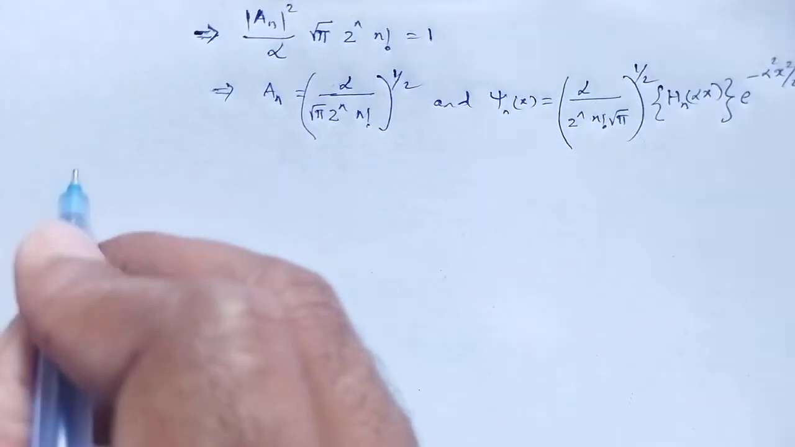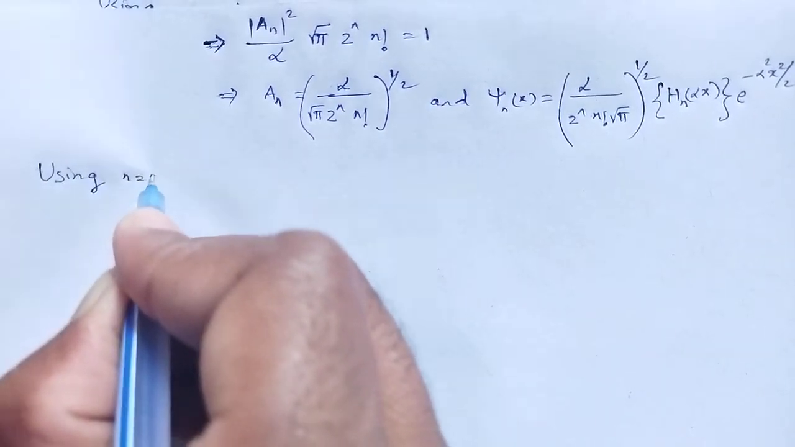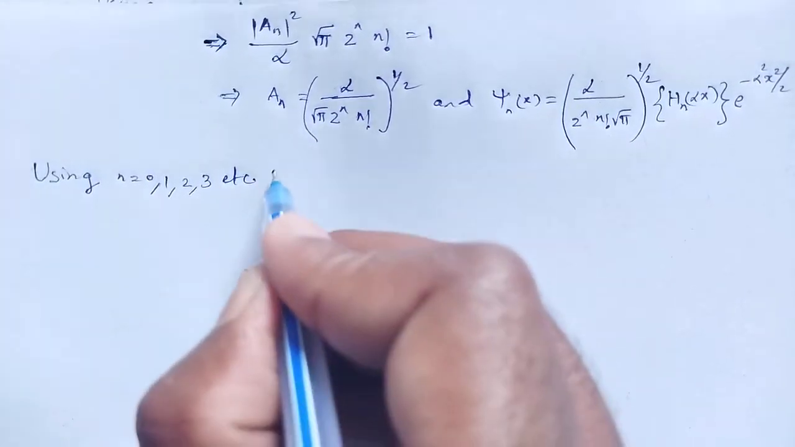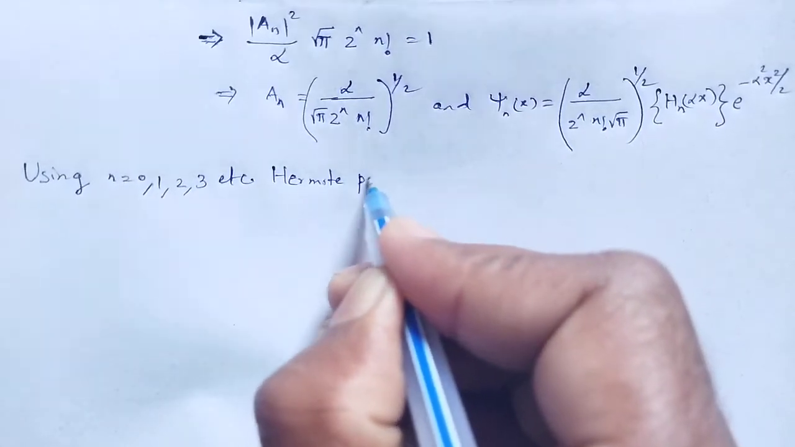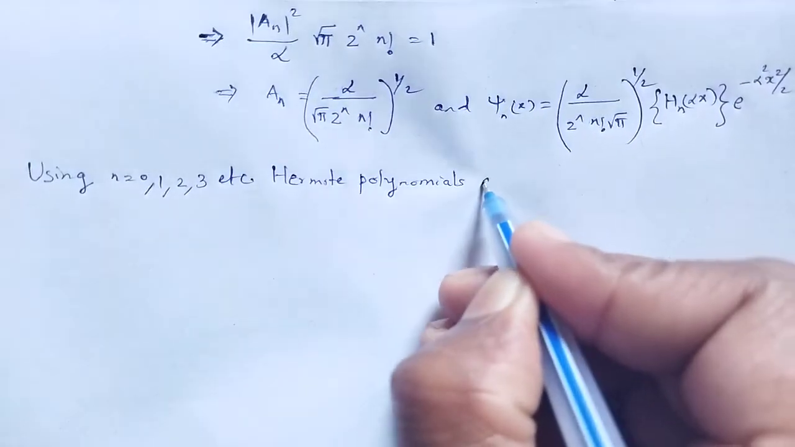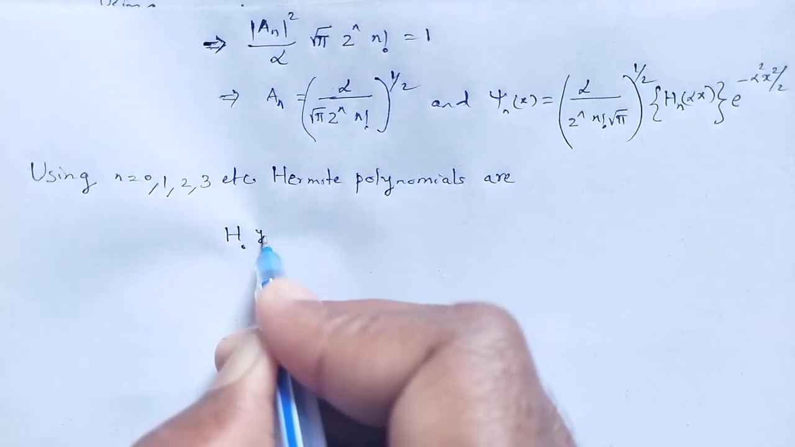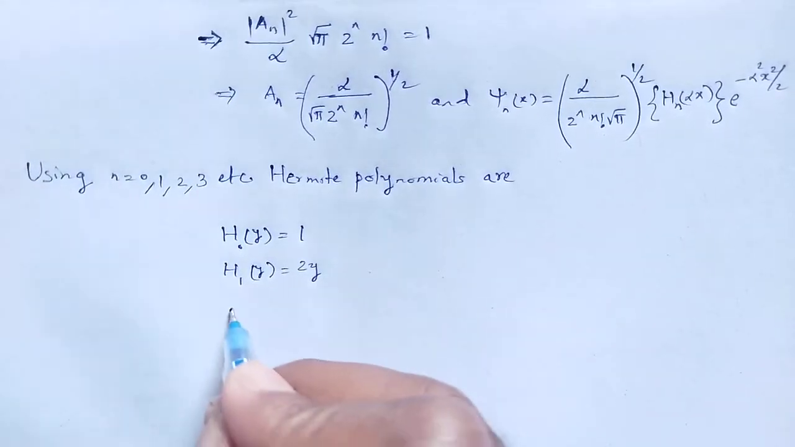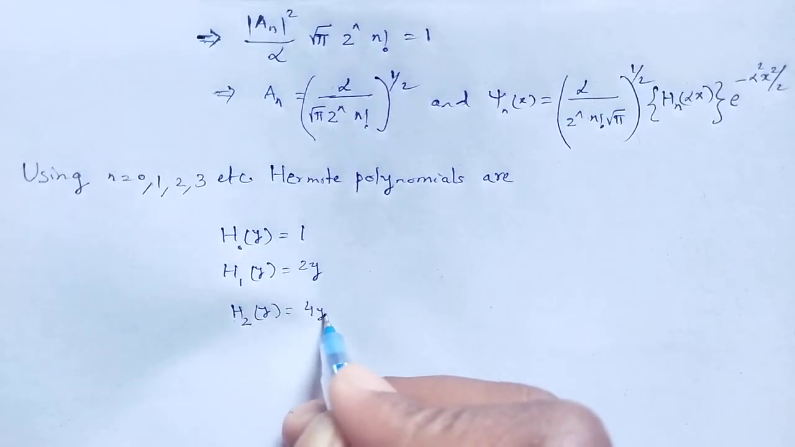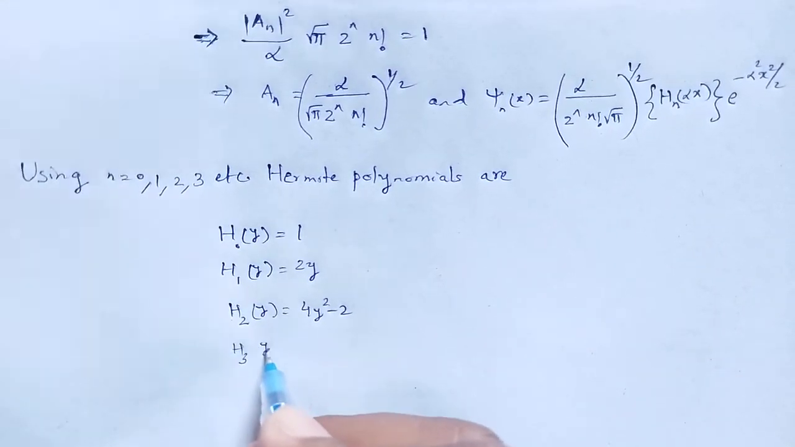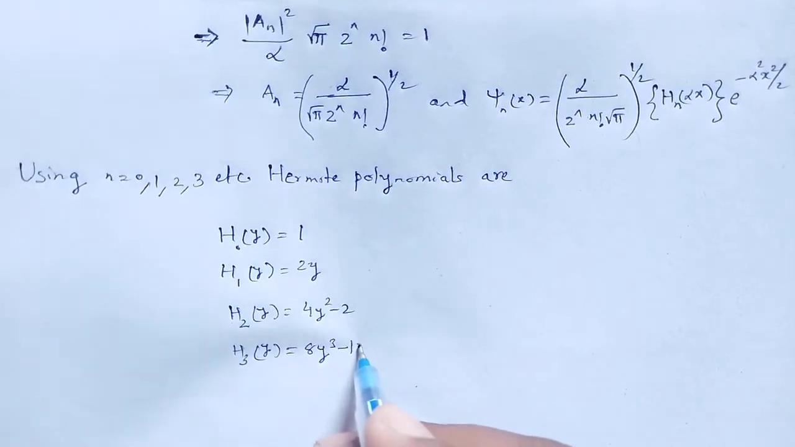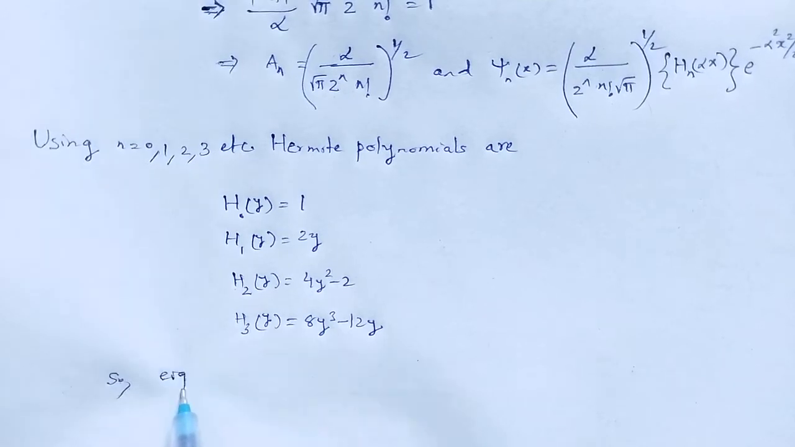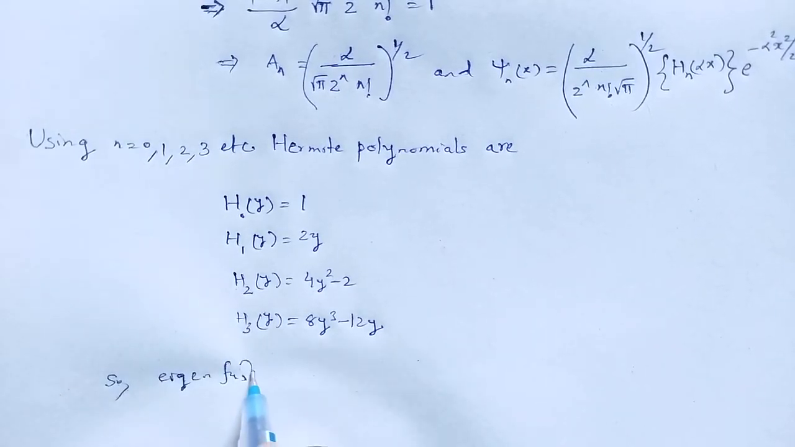Using n is equal to 0, 1, 2, 3, the Hermite polynomials are: H0(y) is equal to 1, H1(y) is equal to 2y, H2(y) is equal to 4y square minus 2, H3(y) is equal to 8y cube minus 12y. So the eigenfunctions are